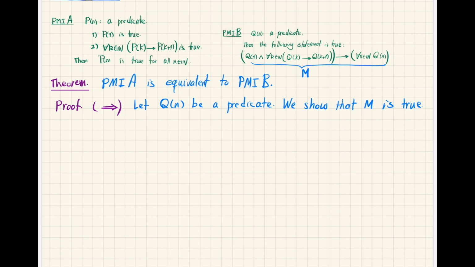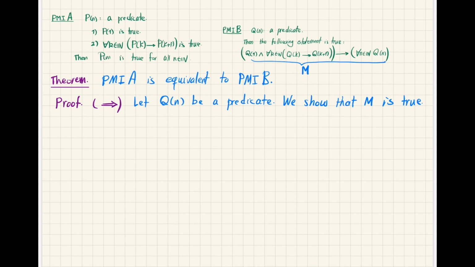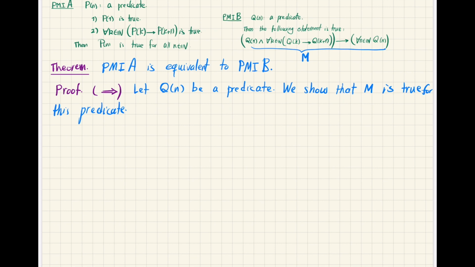So what does it mean? It means that I need to choose any predicate Q of n regarding the natural numbers, and then I want to show that this statement, which I call M, is true for this predicate. But what I have as a tool in my hand, I can only use the principle of mathematical induction version A. Okay, but we just learned to show this,